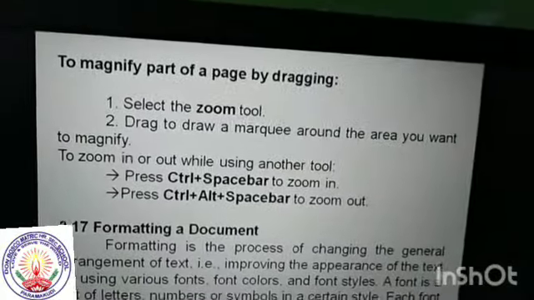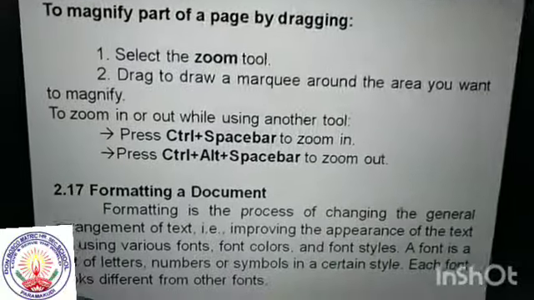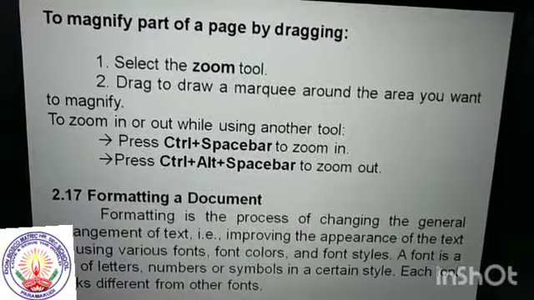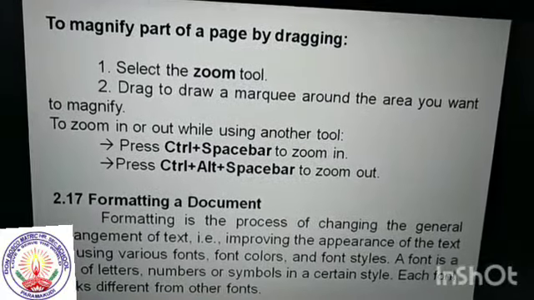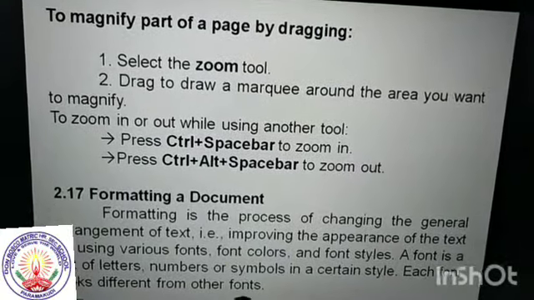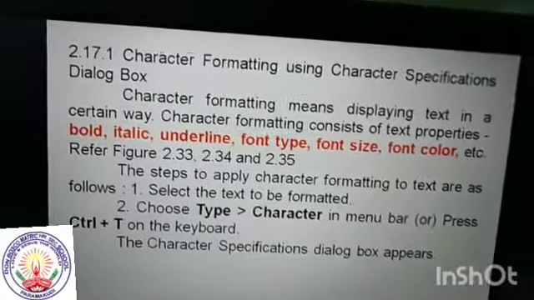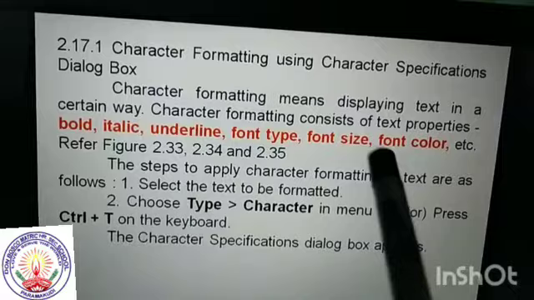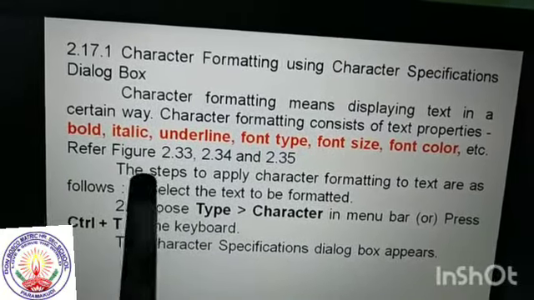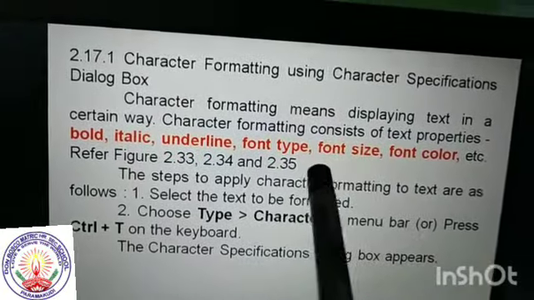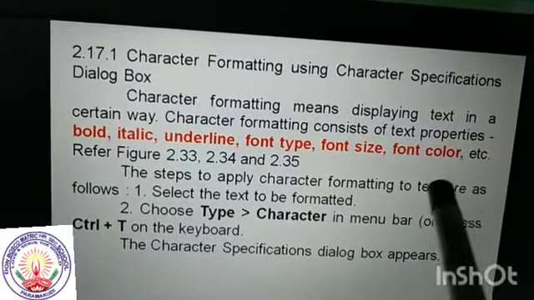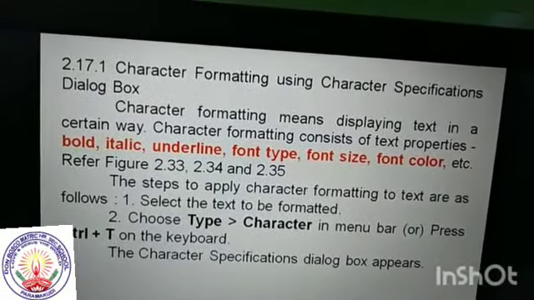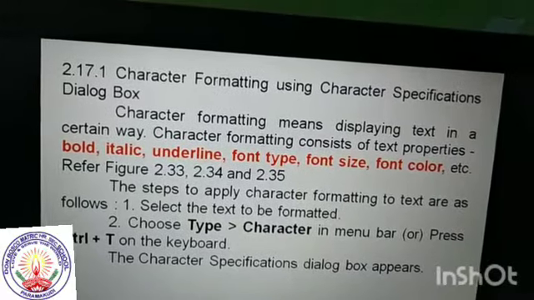Formatting a document means making improvements to the given text using the font face, font colors and font style. Please see figures 2.33, 2.34 and 2.35 in your book.